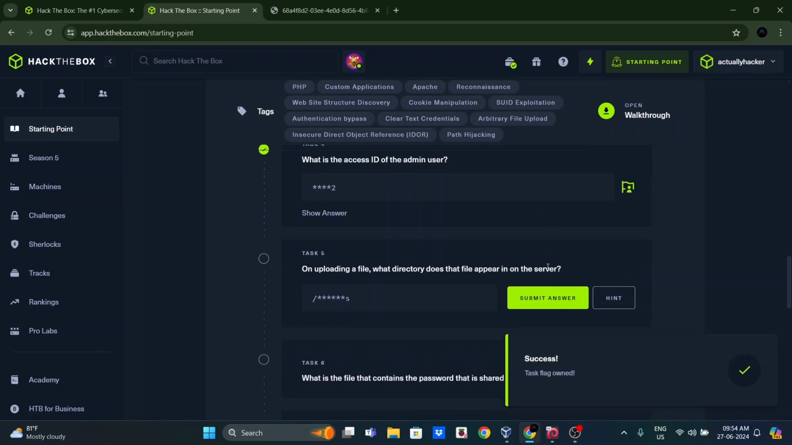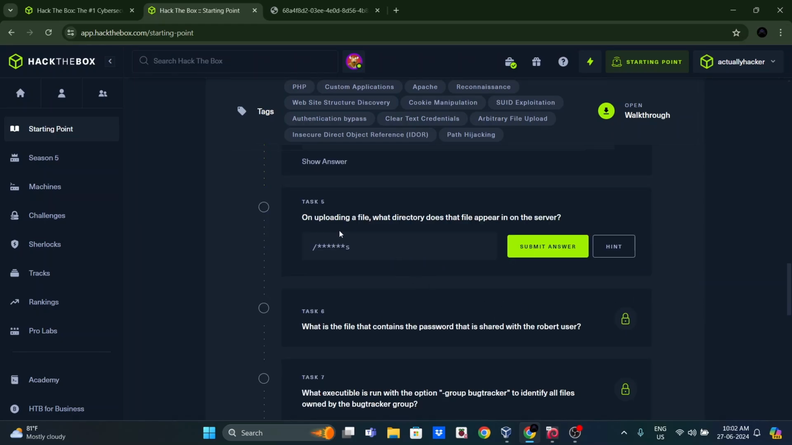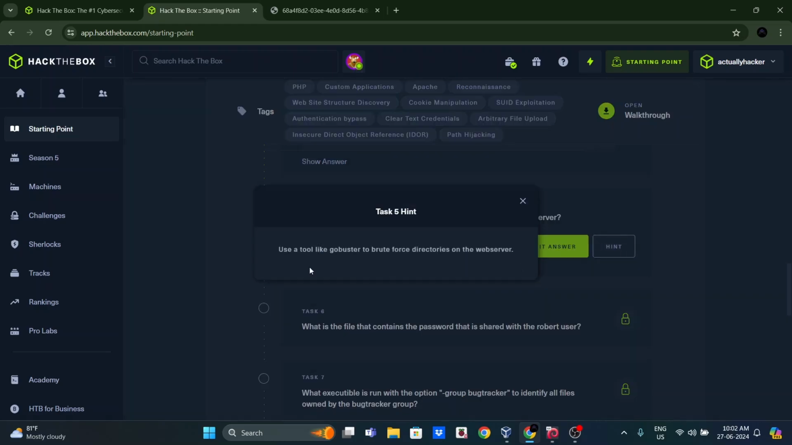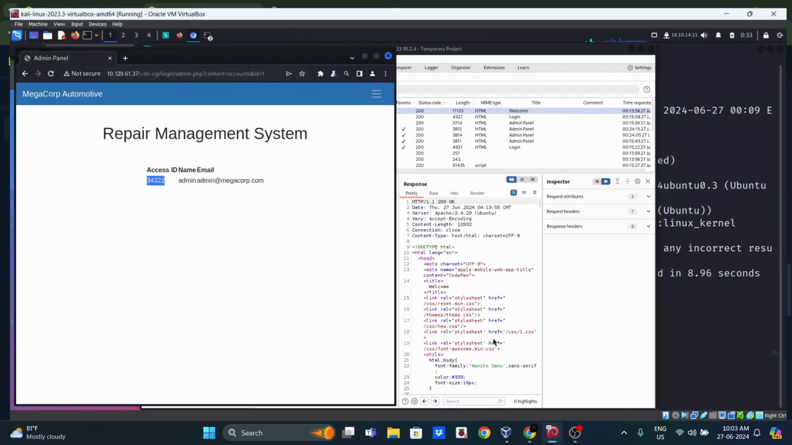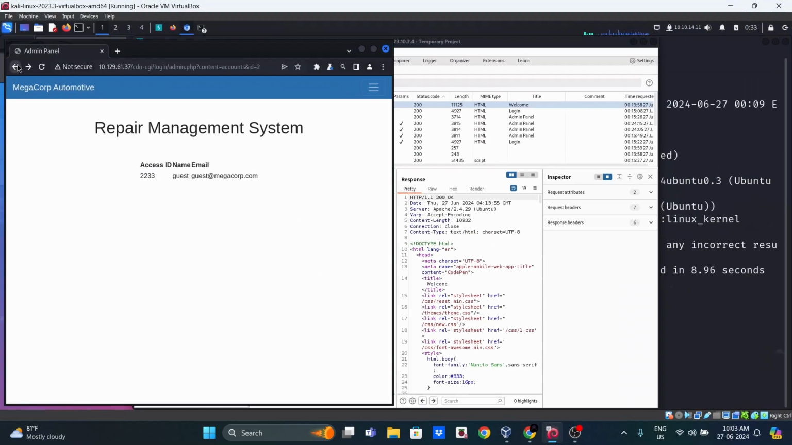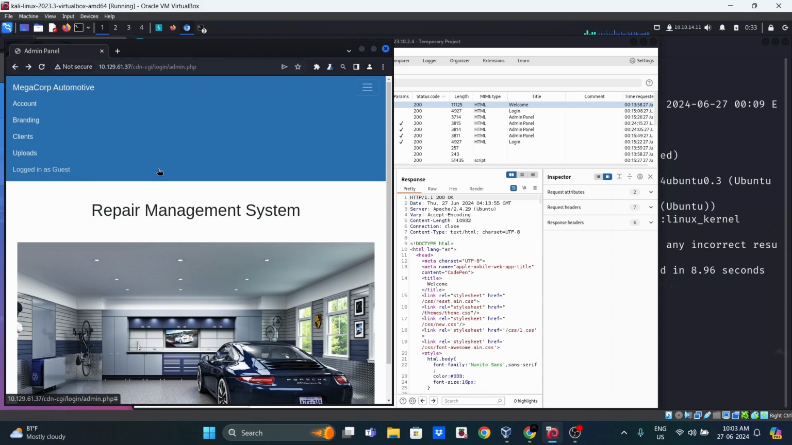All right. Moving on, we have task 5, which is on uploading a file, what directory does that file appear in on the server? So let's use a hint. We can use a tool like GoBuster to brute force directories on the web server. All right, so it is asking us to upload files. So let's go back into the website and we can go into uploads,